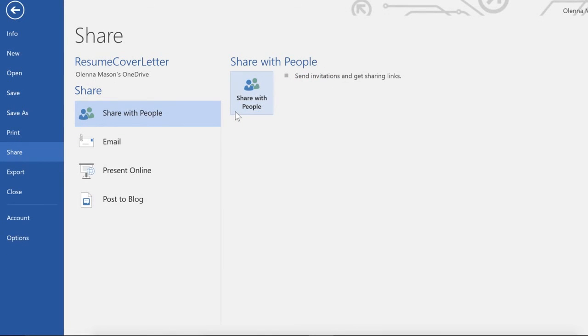Finally, let's take a look at more ways that you can share by going to Share in the Backstage view. Here, your choices will vary depending on whether or not